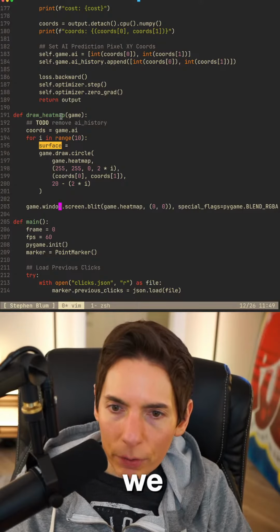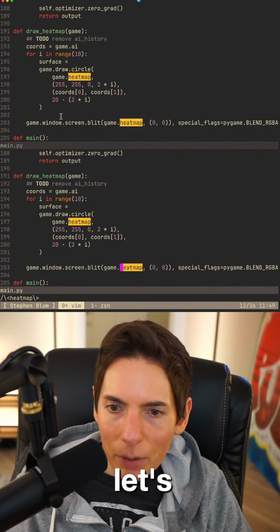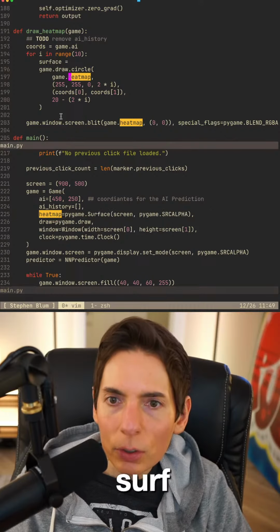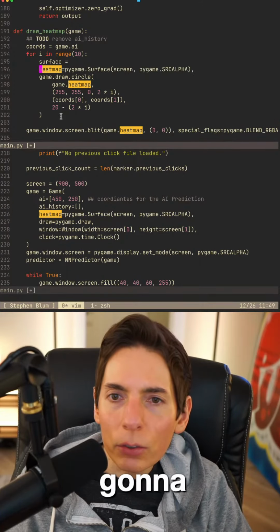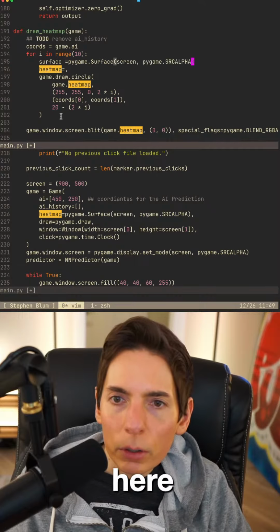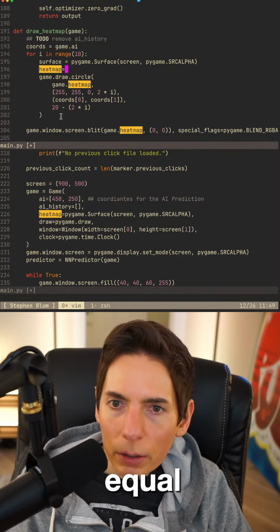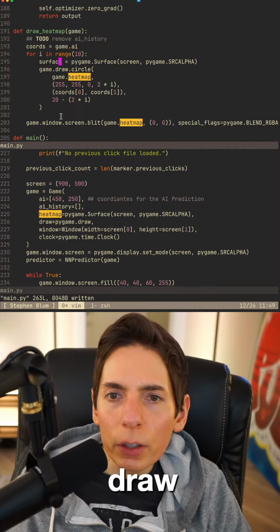We're visualizing that right now, creating a heat map, and we're improving it. So we need a temp surface. Let's jump into a heat map. It's going to be a surface. Source alpha. Okay, this will be what the surface is right here. So we've got a surface, and then we're going to draw onto this surface.